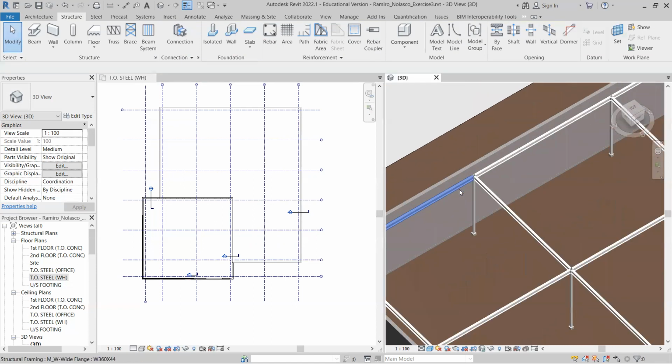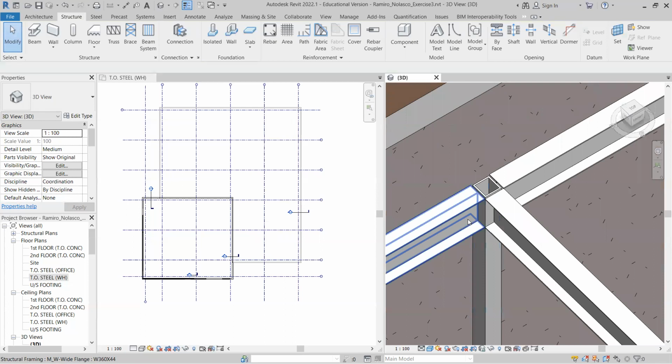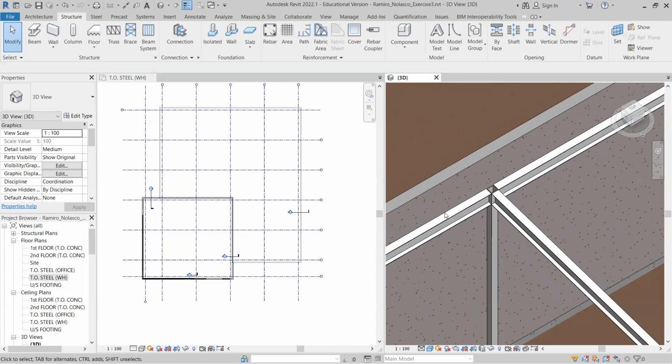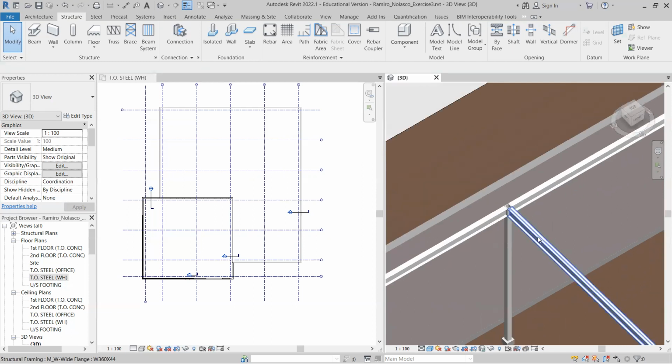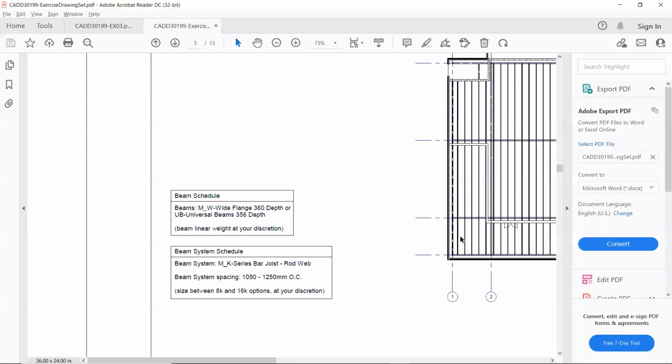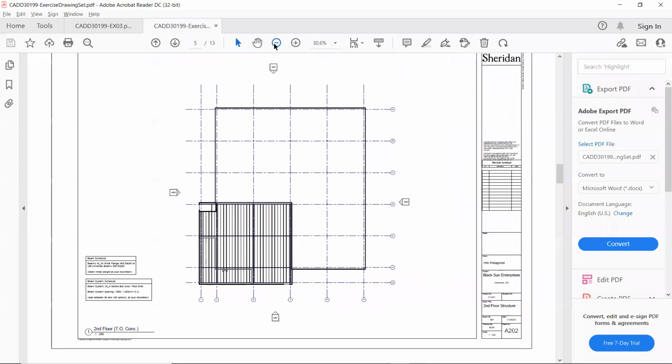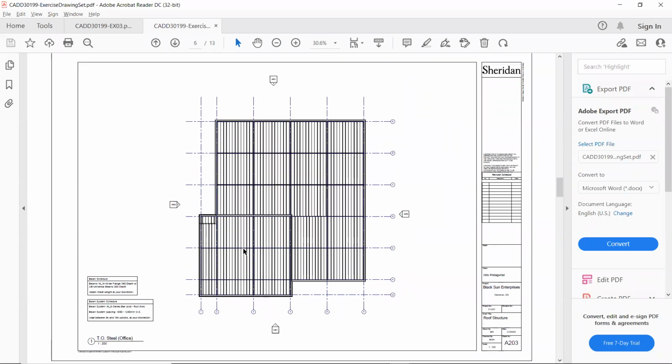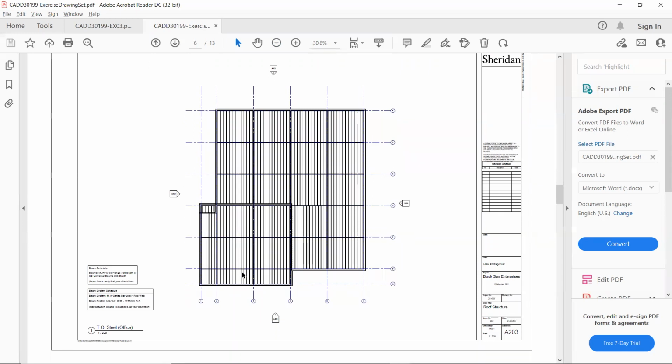Now, we do have to change the offset for either the vertical or the beams that are going along this way or this way. And why do we need to do that? If you look at the drawing set, I notice that we are going to be adding some beam systems. And these beam systems have a,